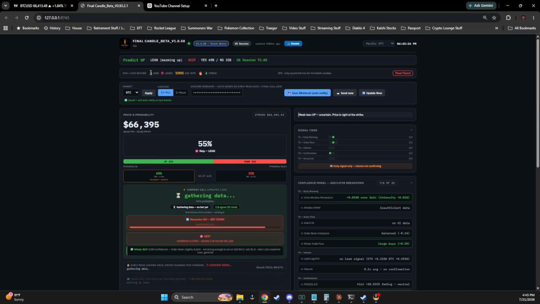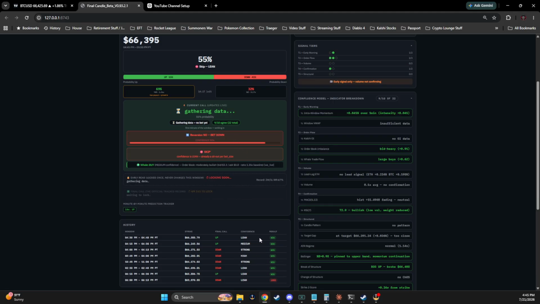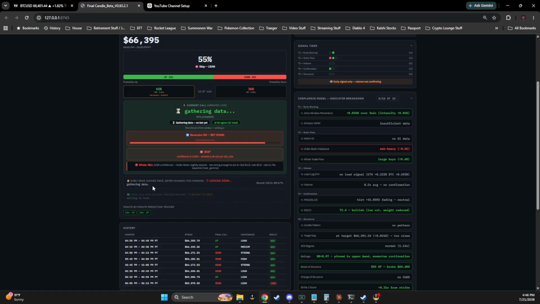Right now, I have a win-loss tracker based off of this final call, which locks in at 10 minutes in, giving it a chance for all that noise to go away. These are previous results. I'm still testing this out to see what percentage I can get, and I'm trying to do it throughout the week. Yesterday's test was 40 wins and 16 losses, so 71% accuracy. Typically, the final call does win. Sometimes the early read will take over, depending on what it does.